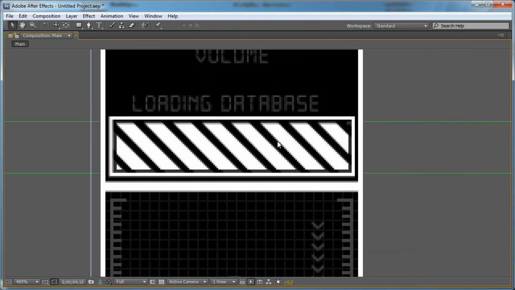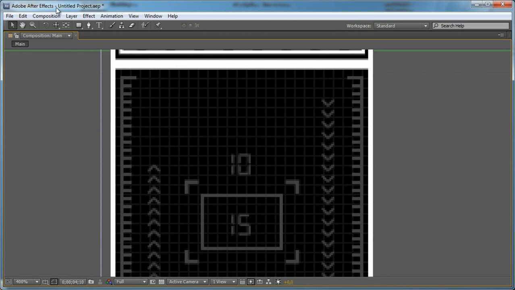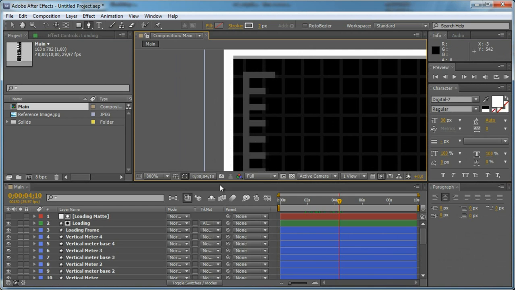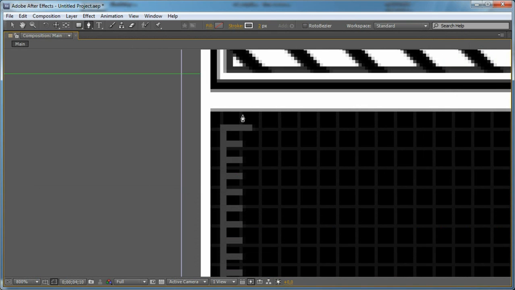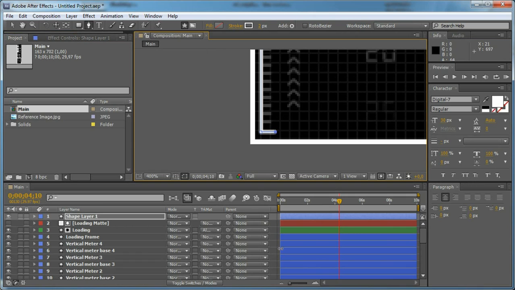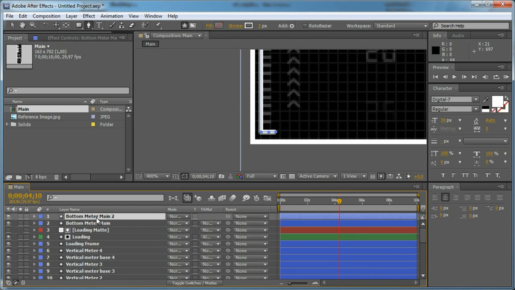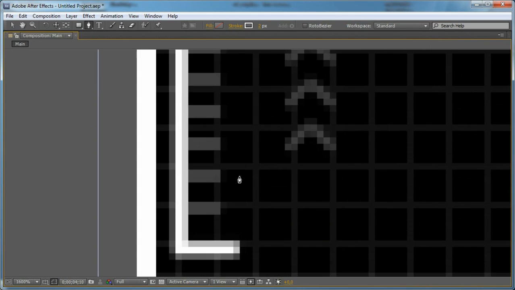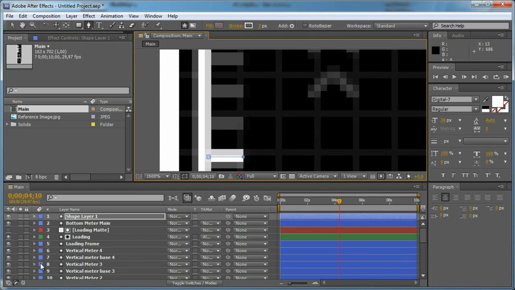And now let's select the pen tool and just make sure that everything is unselected, and just make a shape like so, and let's rename it, and now create a new shape, and